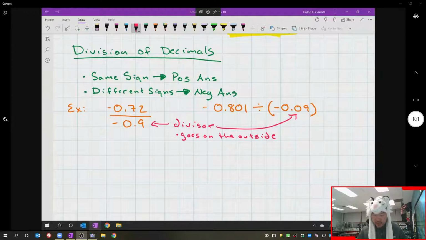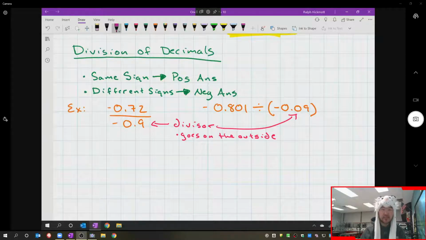Like the first example, it's negative 0.72 divided by negative 0.9. So it's saying the bottom number is divided by, okay? That's what's doing the dividing. And then the second example, negative 0.801 divided by negative 0.09, okay? So with that being said, take a moment to go ahead and get that down, and let's go ahead and